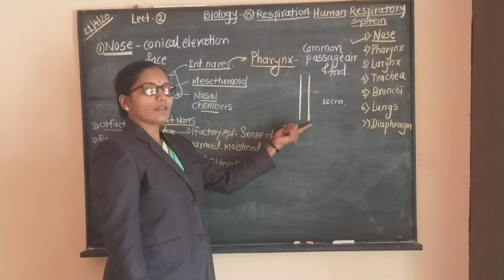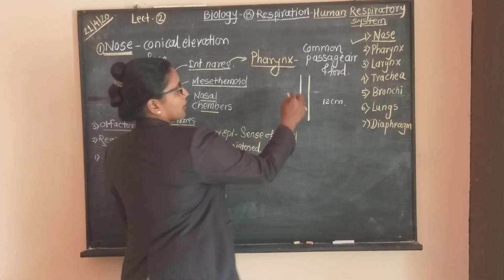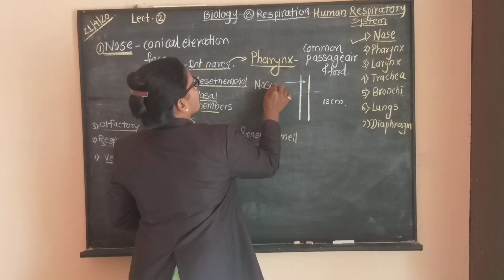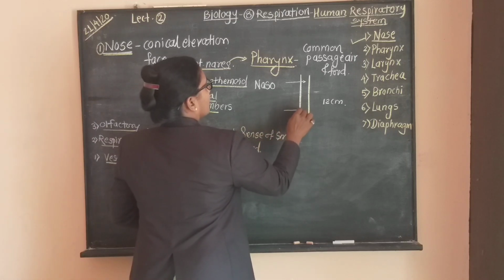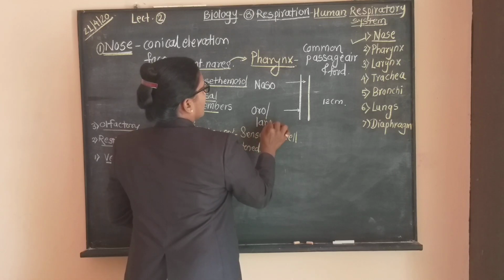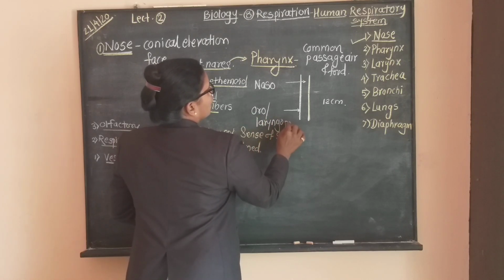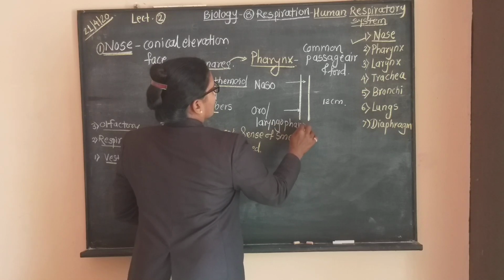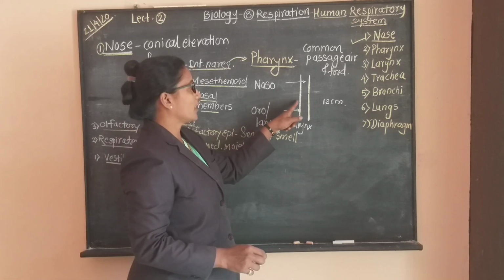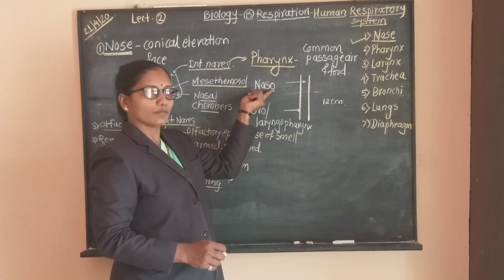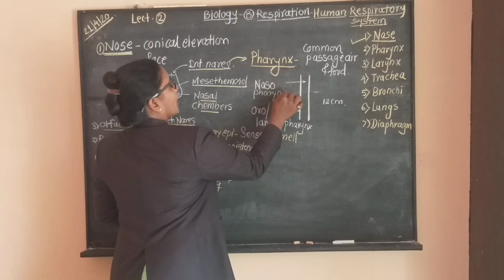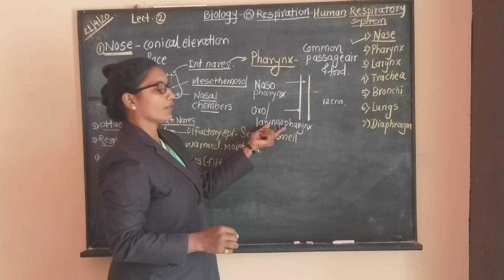Now this pharynx is divided again into parts. The anterior part is called the nasopharynx, and the next part is called the oropharynx, or the laryngopharynx. That is, the part of the pharynx which is present exactly in front of the nose is called the nasopharynx, and which is present in front of the esophagus,